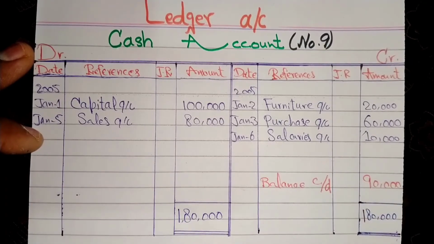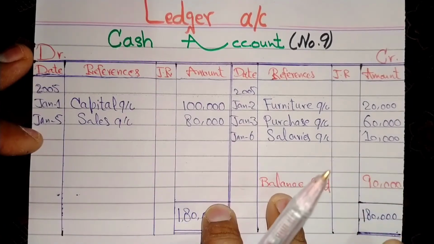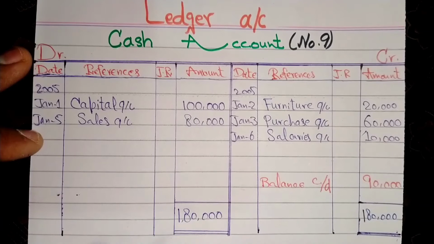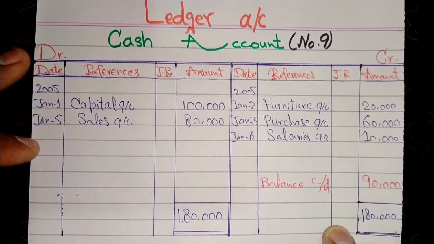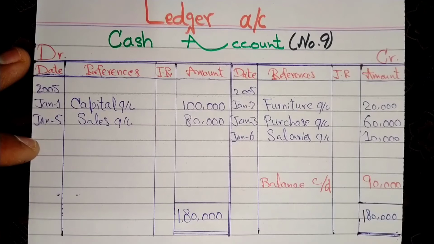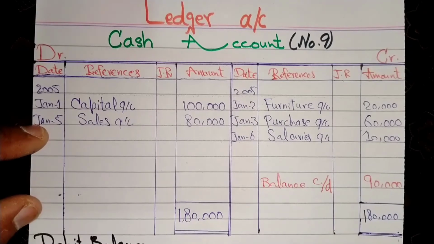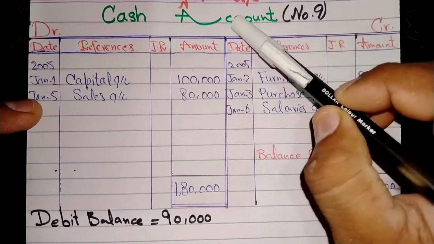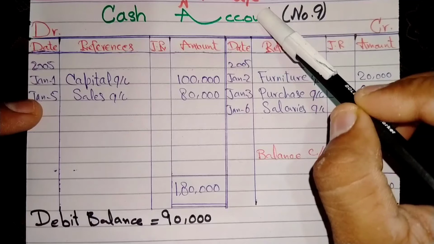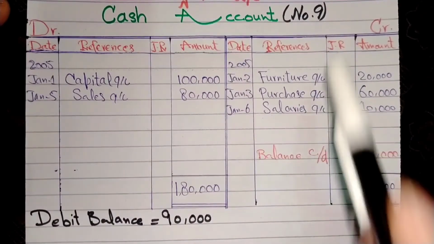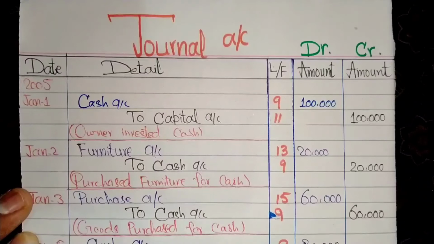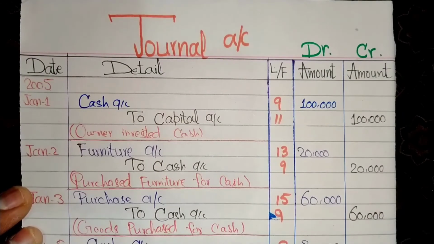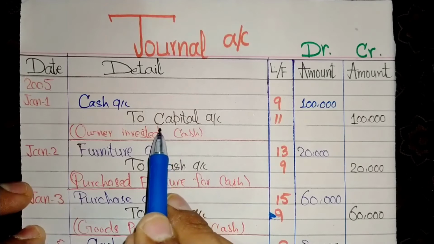180,000 rupees. So recall the concept of video number 1 which was done in the last session, which is the balance of both sides is considered of the heavier side. So debit side is heavier than credit side. So this balance will be considered of debit side. So it will be called debit balance, 90,000 rupees. The treatment of the first ledger, the cash account, has been completed here with ledger folio number 9. After completing the cash account treatment,